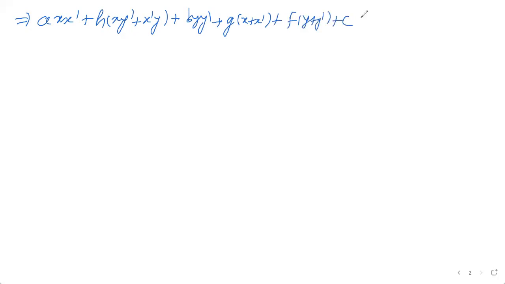ax x dash plus h (x y dash plus x dash y) plus by y dash plus g times (x plus x dash) plus f times (y plus y dash) plus c is equal to s dash, means just putting the point there, a x dash square plus 2h x dash y dash plus b y dash square plus 2g x dash